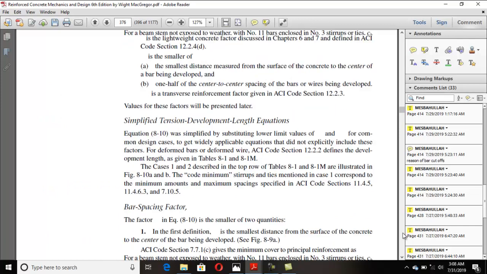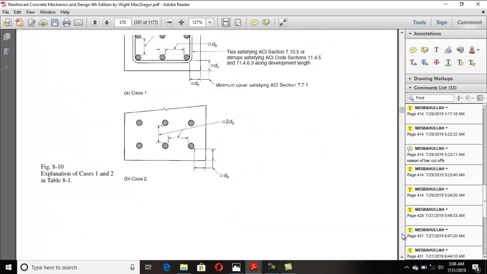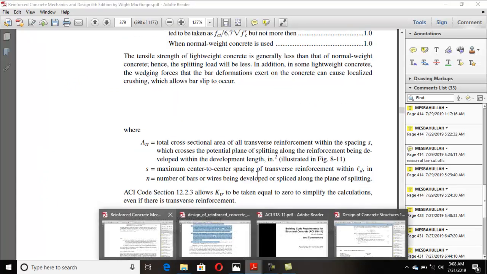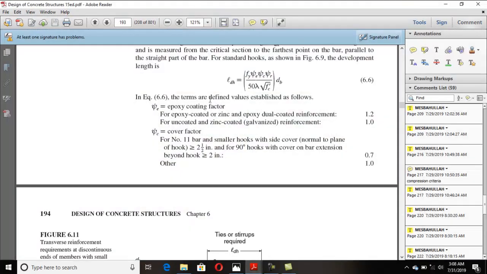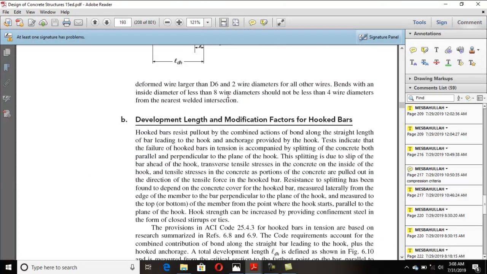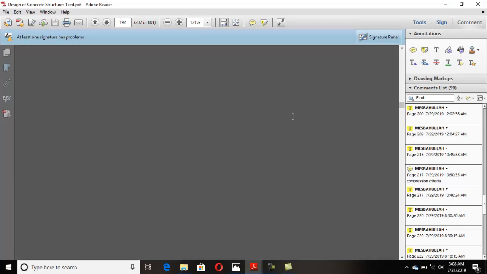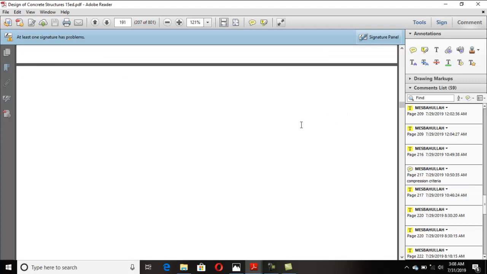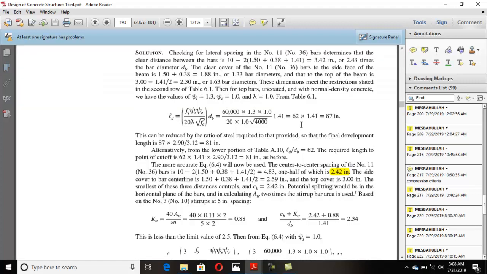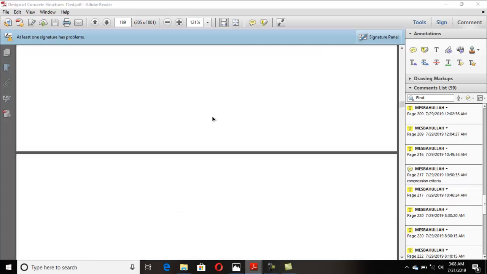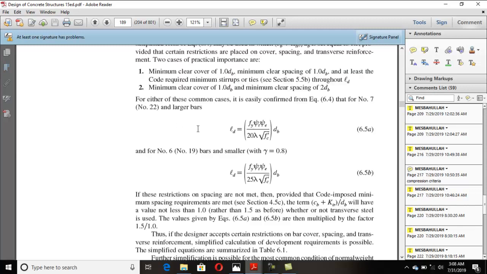So development length, basically we will calculate that length for calculating cut-off points. So cut-off points is very important, and you will see how we use it, and it is very important because most of the time you will see that the negative reinforcement which were used in